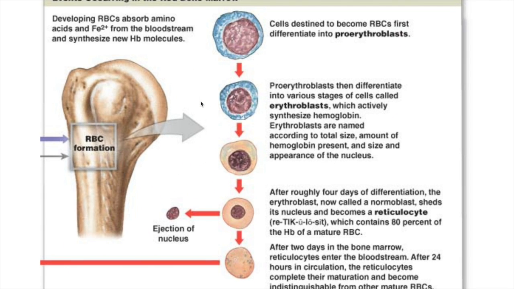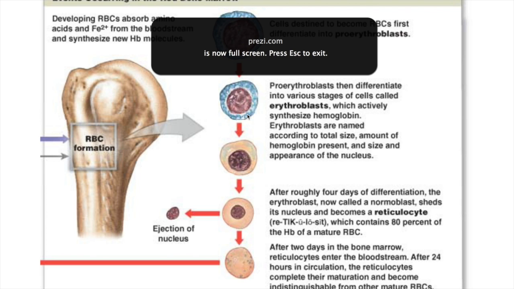Erythropoiesis is the process of red blood cell formation. It happens in the bone marrow, in the red marrow, and it's stimulated by the hormone erythropoietin, or EPO for short. You might have heard of this with blood doping. And you can see in the formation,